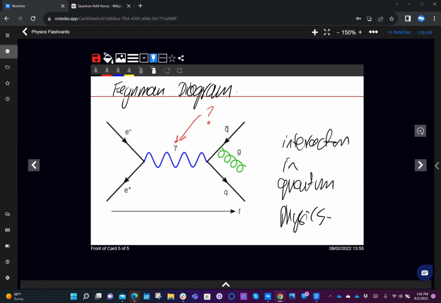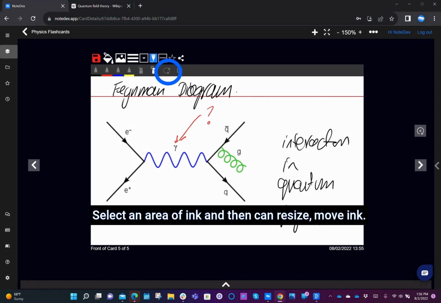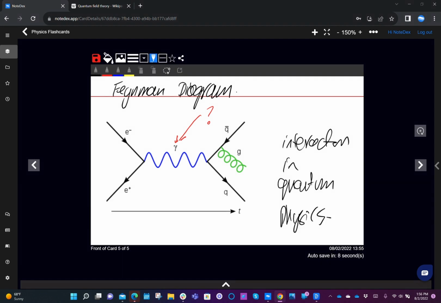As I mentioned, we have the clear all ink. I don't want to do that just for this example. And then we also have a selector icon where you can select some ink if you wanted to. A final point on the pens is you can click on them and change both the color and the size. So let's say we wanted to make this purple and larger, then we can do that. And you can see here, it's a much thicker stroke than before.